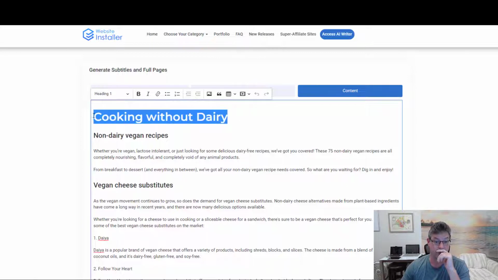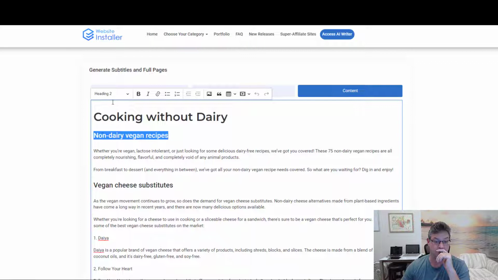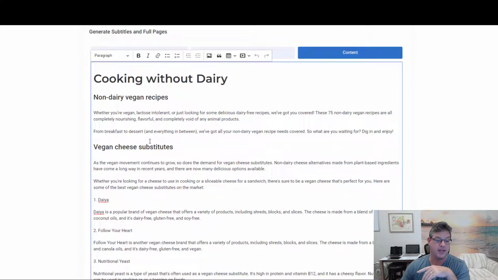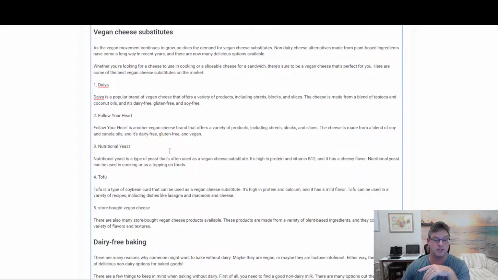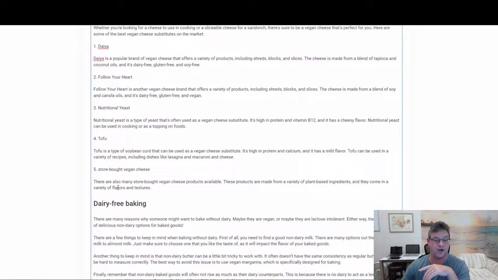We've got our Cooking Without Dairy as our heading 1. Then we've got a heading 2 for the non-dairy vegan recipes. Now we've got a paragraph: vegan cheese substitutes. And it walks through all of that. It gives us 5 things that we can do. Store-bought vegan cheese. If I really want, I can do some touch-up. I can make the store-bought vegan cheese